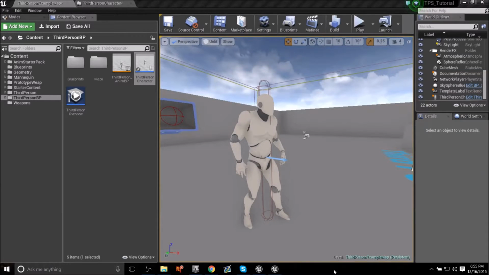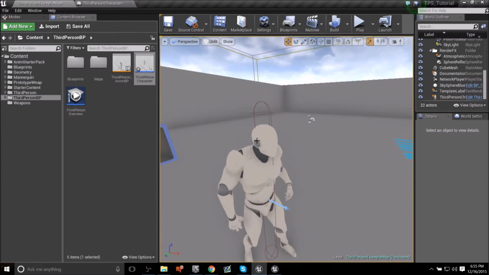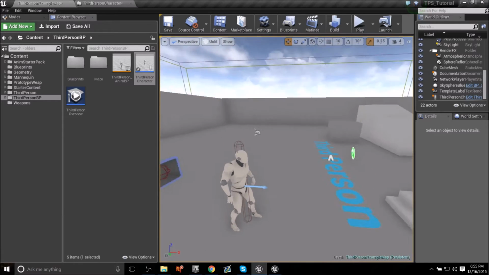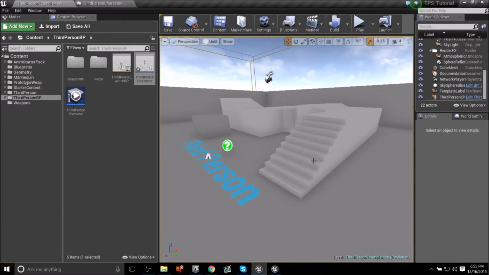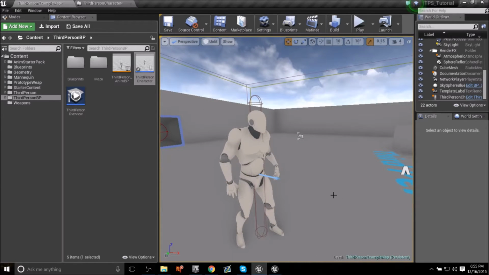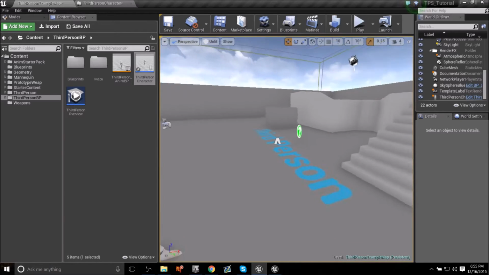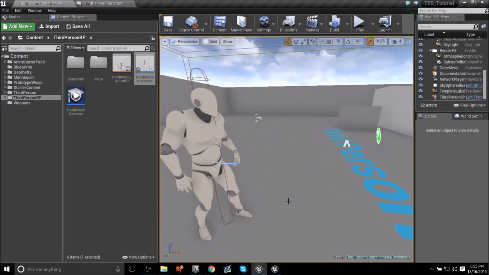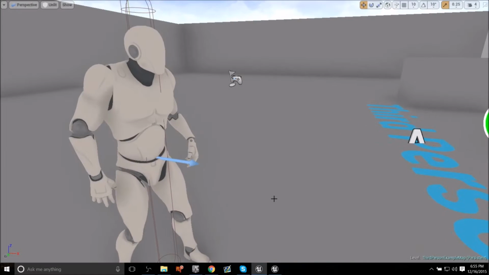So where we had left off last is we got our foot IK trace working. We had to reduce the radius of our collision capsule to allow our feet to be able to bounce off the uneven surfaces in the world. But I want something to be able to control this collision capsule, because having a small capsule like this might seem good for doing work for the feet,